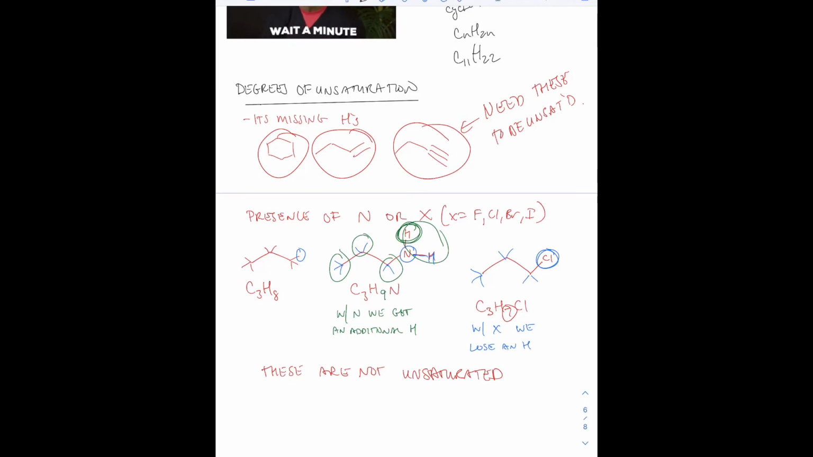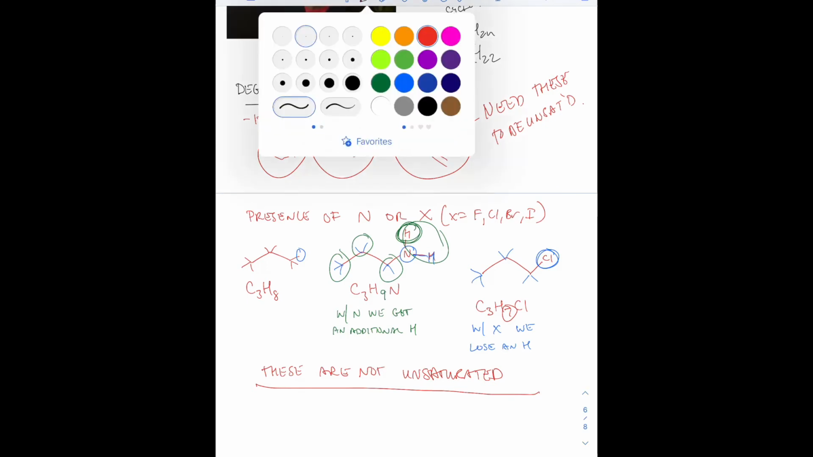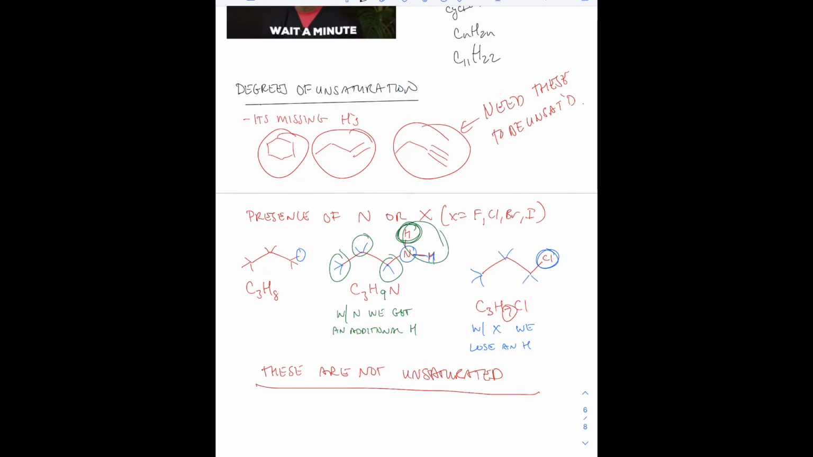SAT'(D) is an abbreviation for saturated. So these compounds containing nitrogen or X atoms are not unsaturated. They just threw off the count because of their trivalency, or they're taking the place of a hydrogen. So what does this mean? That means that when we are calculating the degrees of unsaturation and we do have the presence of a nitrogen or a chlorine or fluorine, bromine, iodine, we need to account for these when we are calculating how many hydrogens